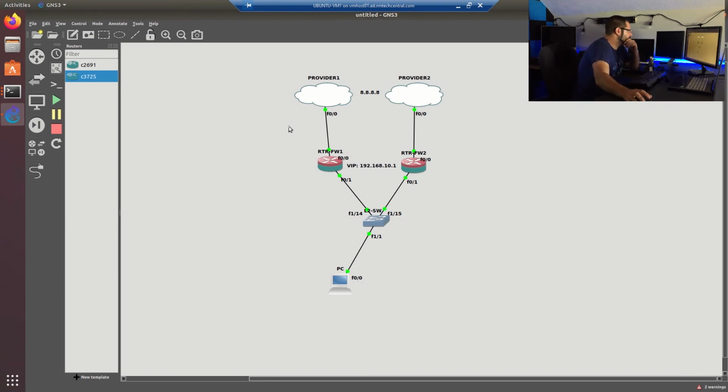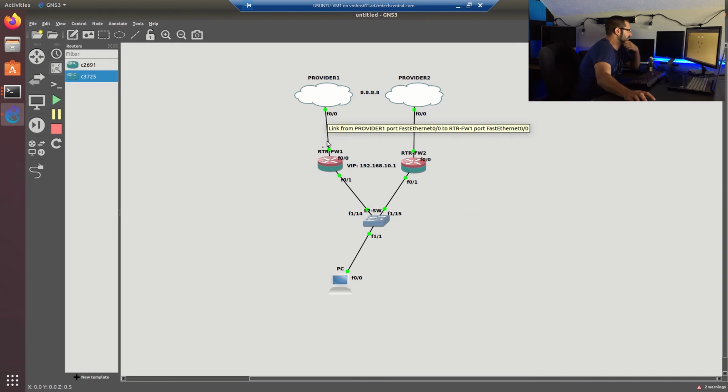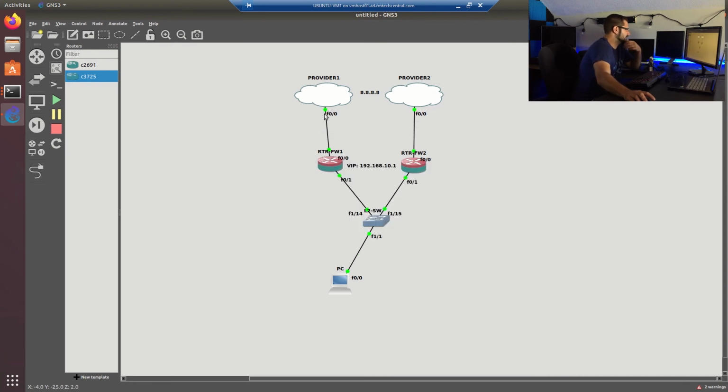So some of you might be thinking, well, what if provider 1 fails internally? The line protocol is going to stay up between here and here, because if it's, say, cable, you're going to have your Cat 5e or Cat 6 connected to your cable modem. So what then? You'd like to switch over to provider 2 because